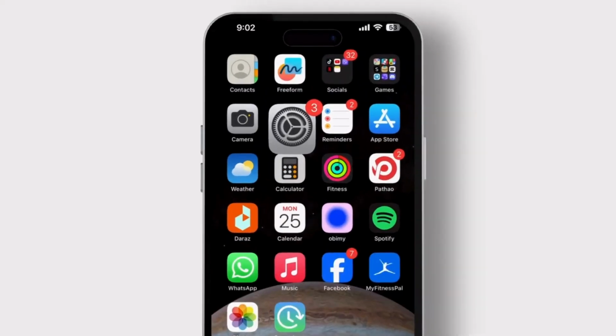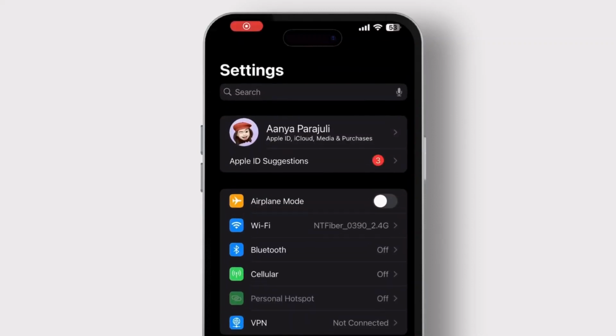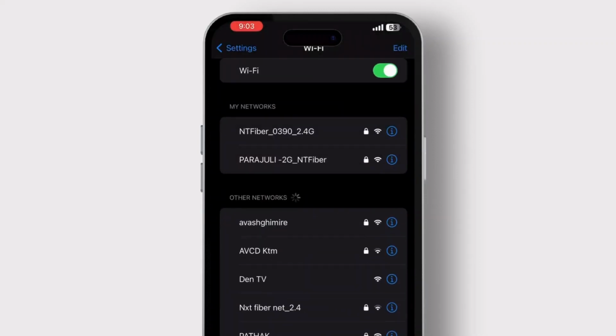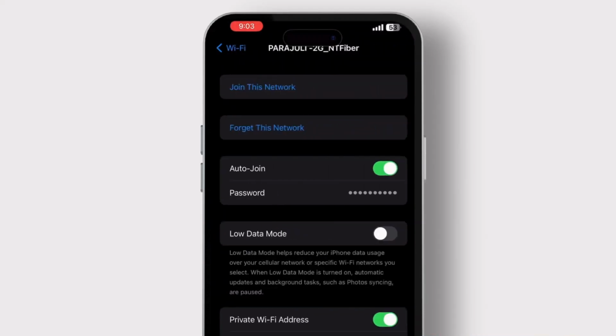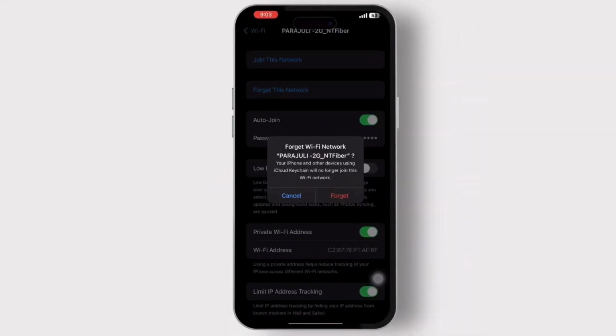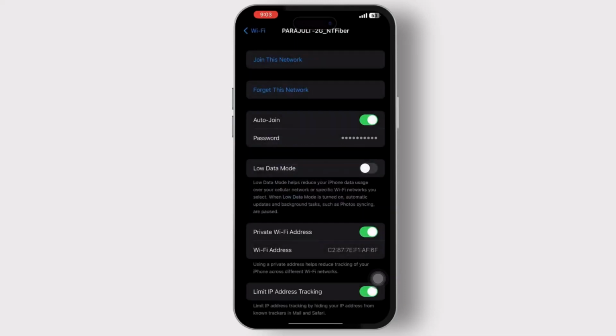So let's get started. Here, launch your Settings and go to Wi-Fi. After that, tap on the "i" icon present on the side. Then tap on "Forget This Network" and confirm it. Once you have successfully forgotten the network, try again by re-entering your Wi-Fi's password. Doing this, your issue shall be fixed, but even if it does not, the other solution